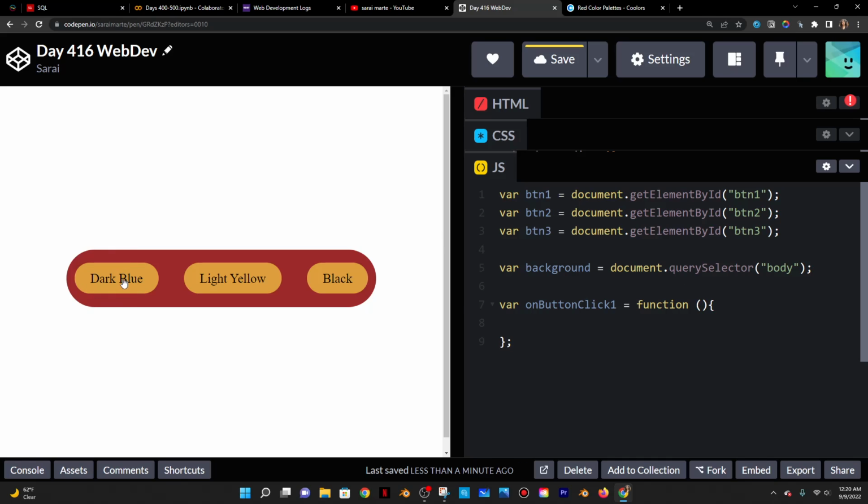So when I click on it, I expect the background color to change to dark blue. So I'll do body dot style, not body, background dot style, because I'm accessing the CSS property. So I need to do style and then the CSS property background and then set it equal to that color,